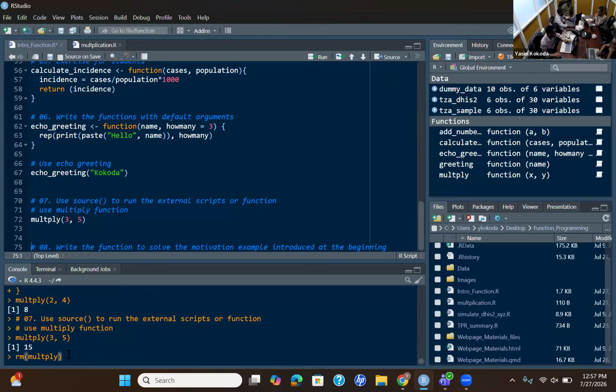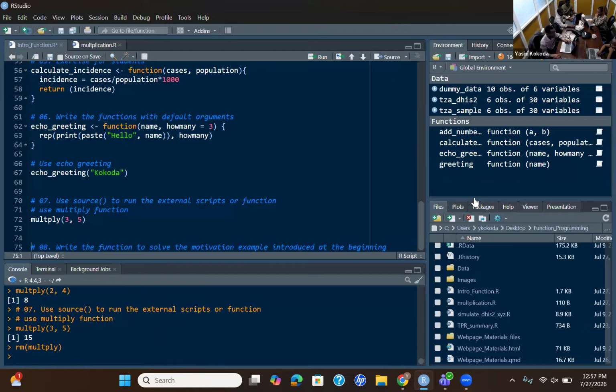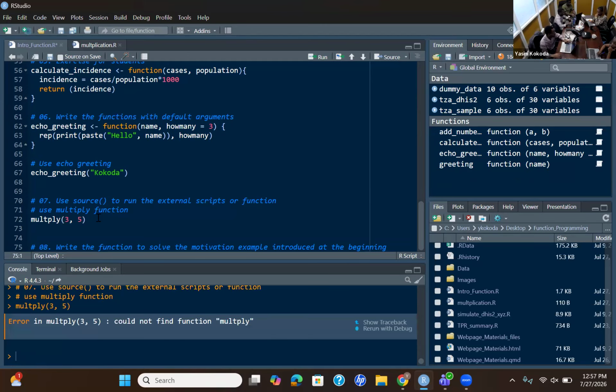It's an object, so you can just use remove. You see it is gone from the environment. Now, if you try to call the same function, you will get this error in the console: could not find function multiply.